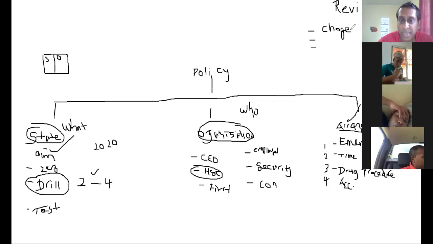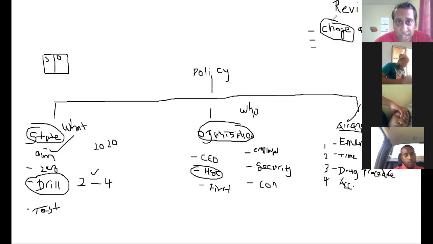Let me use another one here. So there's a change in the aim. Maybe you achieved the aim, or maybe the aim was unachievable. Maybe because of COVID, you can't achieve that aim anymore, so you had to change the aim. Instead of leaving it, you can go and change the aim. Another reason to review is if you have a change to the person. The whole catch for review is whenever you have a change. Once there's a change, you have to review the policy.